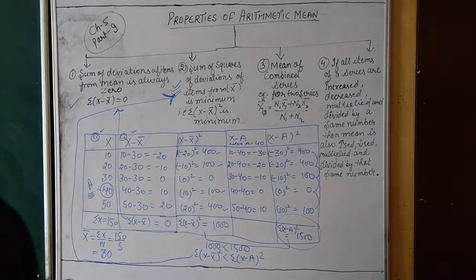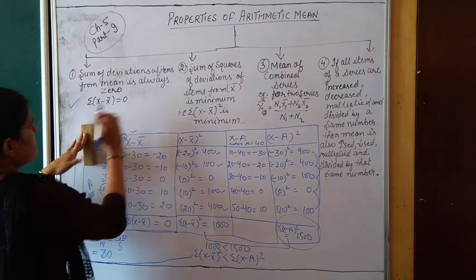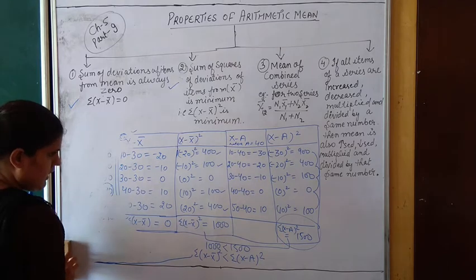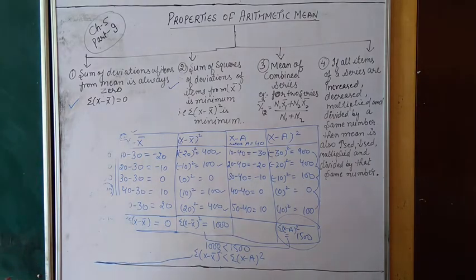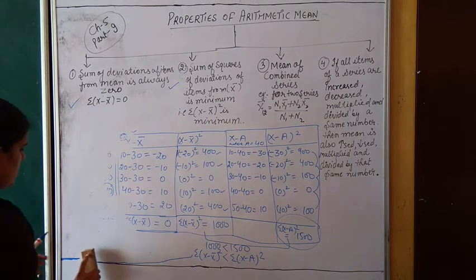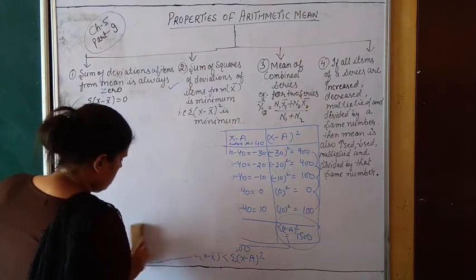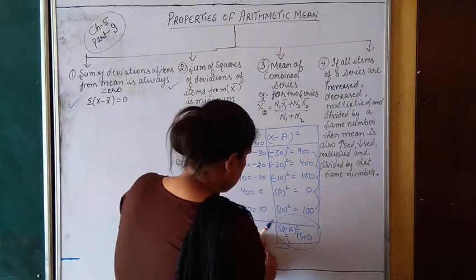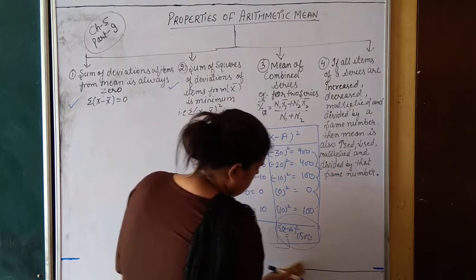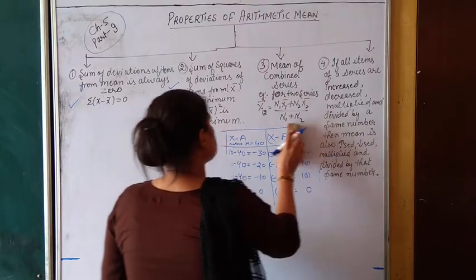I think, children, you have all done this now. So I am erasing it. Clear? This one and this I have already explained to you. So I am erasing it because I need the space, children. As you know, I really need the space, and for that I am erasing this. And now I will prove the properties.